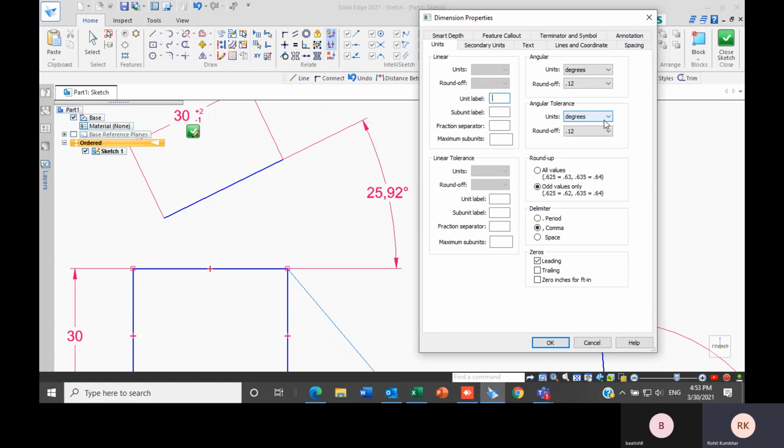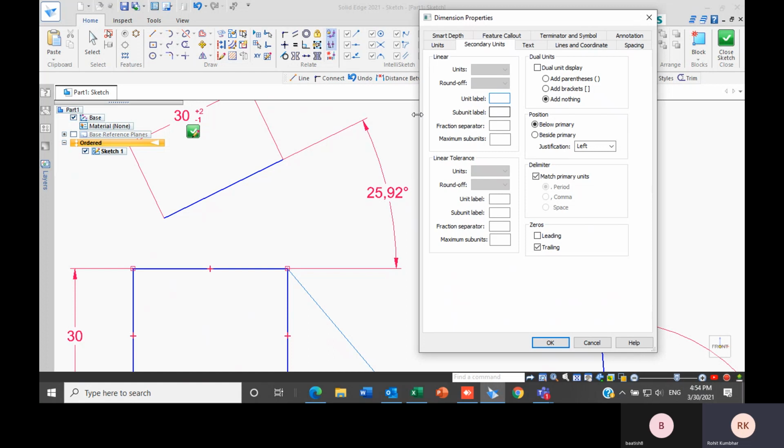For the first one, you can see here units. As you can see, it was an isometric template, so that's why this units column is blank. If I want to change the delimiter, as you can see here, the delimiter is a comma. If I want to change it to a period, I can even do that also. This one is about primary units. In the secondary units, as you can see, the tolerance dimensions I have given, that is +2 -1, that one is related to secondary units.